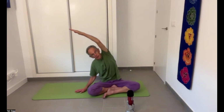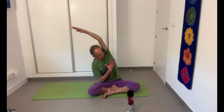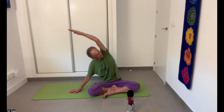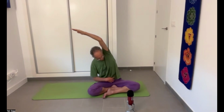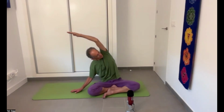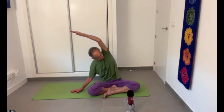Okay, from here, let's try to rotate a little bit so our chest rotates and is exposed more to the ceiling, to the heaven. And then we're breathing deep to the open part of the chest. Make sure you don't lean on the hand that is on the floor. You are powerful in the core. Inhale, exhale, push up,